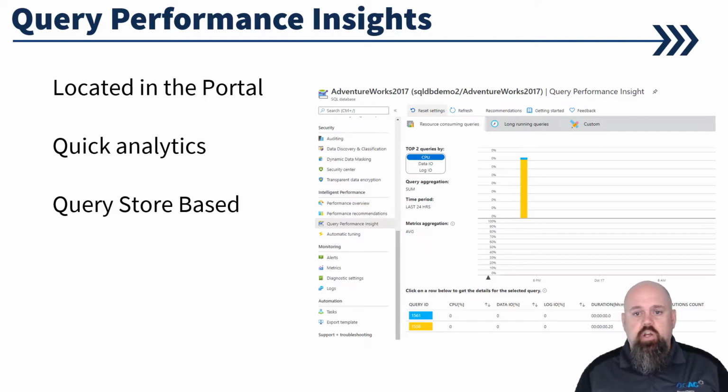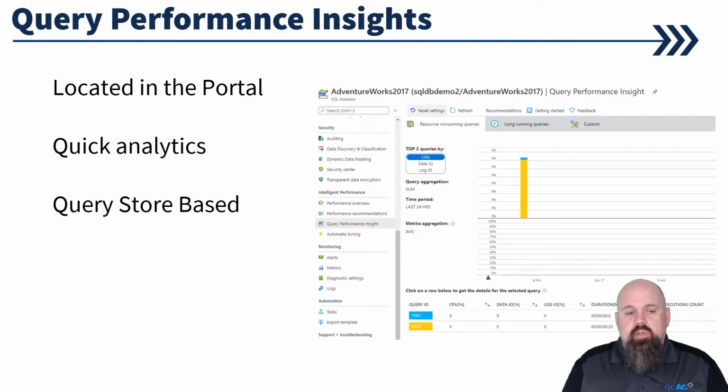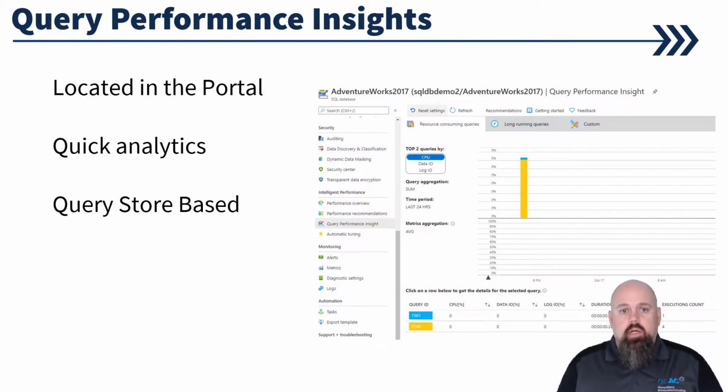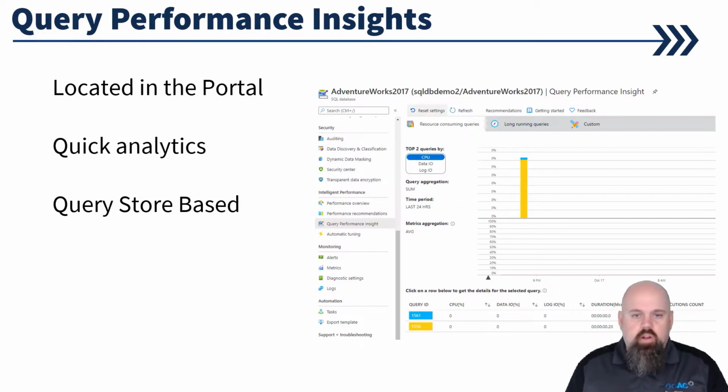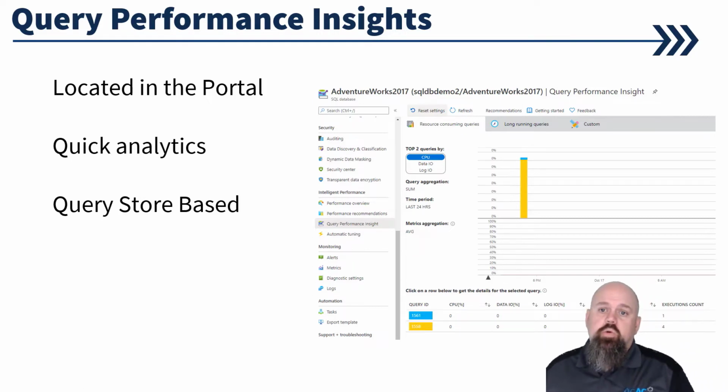It is based on Query Store. By default with Azure SQL Database, we do get Query Store enabled automatically when we create a new database. So I wouldn't recommend turning it off or anything like that. Make sure that we leave Query Store alone,